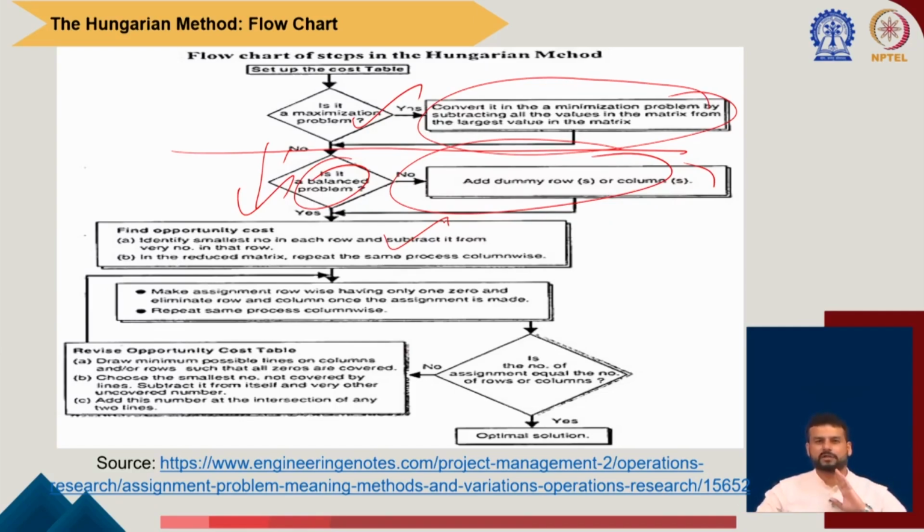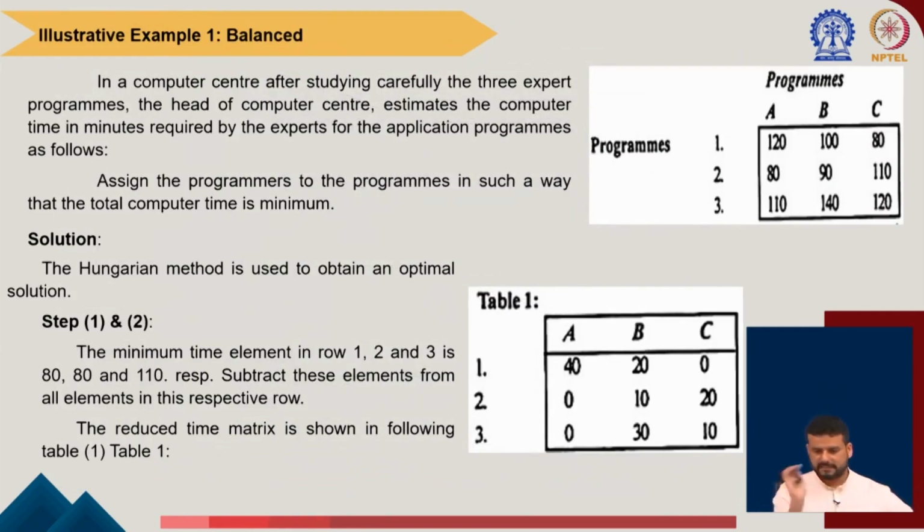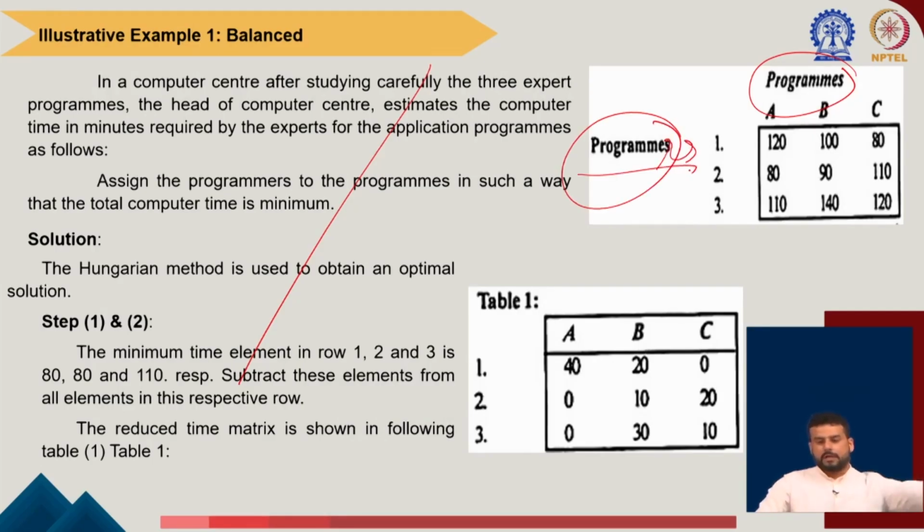This is the simple algorithm of the assignment problem. See, this is the problem. Just ignore whatever is written here. We have programs and we have programmers. Here it is a mistake, programmers, right? Now I want to decide which of the programs A, B, C I should assign to these 3 different programmers,